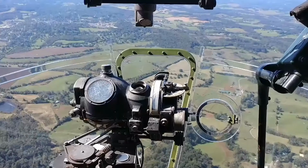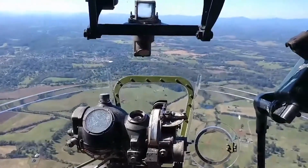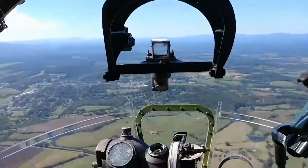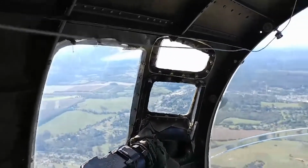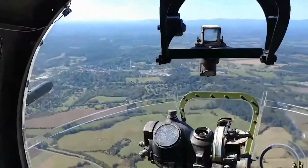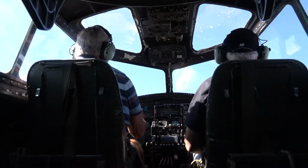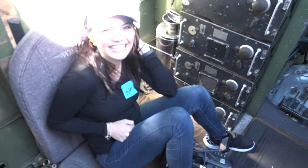Let people see what these airplanes look like, walk through them, kind of get the sights and the smells, and take people to actually go fly in the airplane and to see what it was like during World War II. That's Richard Langer, a volunteer pilot from Ocala, Florida. He was in the cockpit of the B-17, which carried a group of news reporters, myself included, to Shenandoah Valley